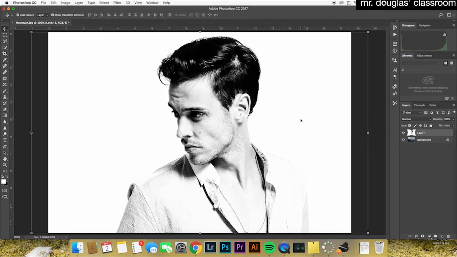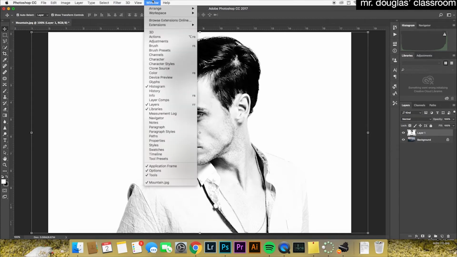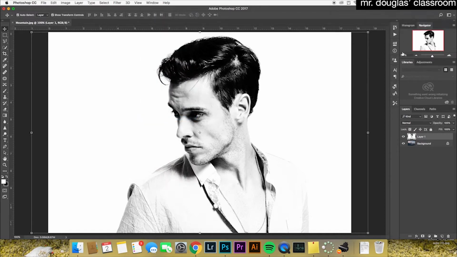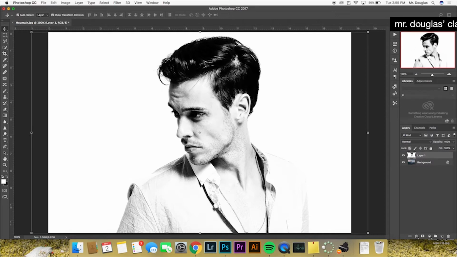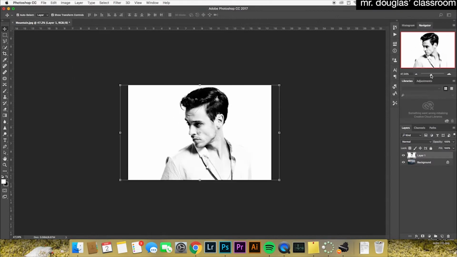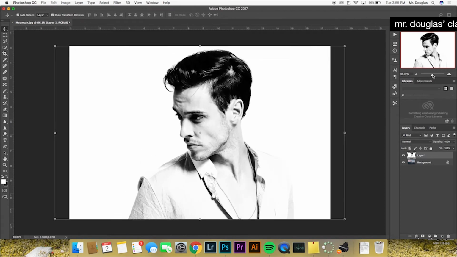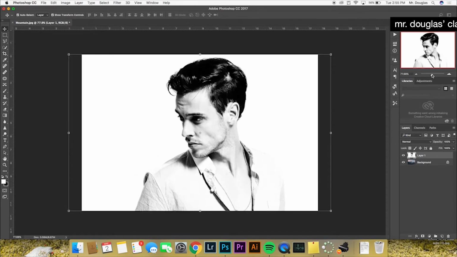So I want to zoom out, and an easy way to do that is go to Window and click on Navigator. Right? So up here in the right hand corner now, if you click, you can make it a little bit bigger. Our navigator is right here, and this little slider will allow you to navigate in and out of the photo. We can see that the photograph actually goes off of the canvas